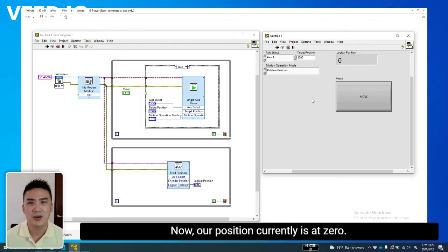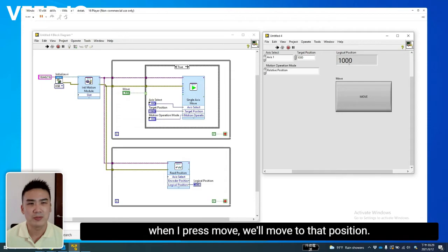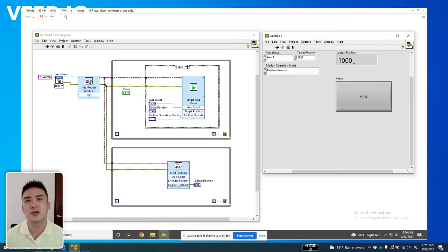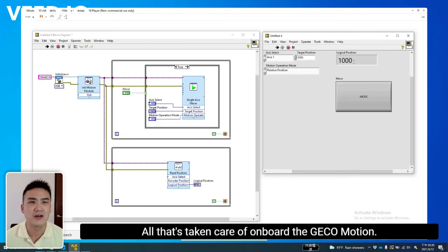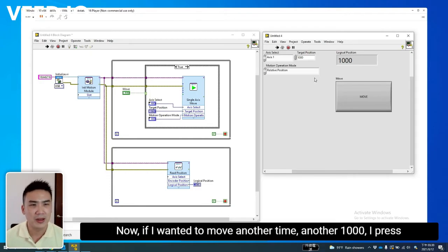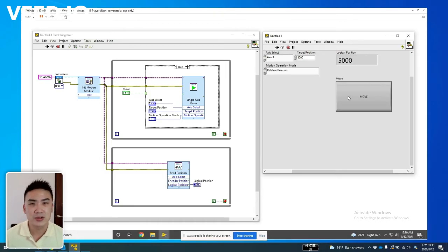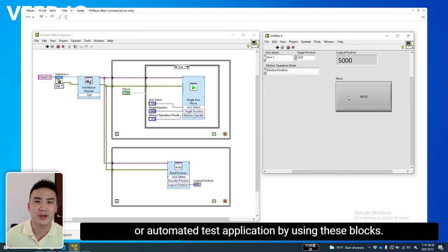All right. Now, our position currently is at 0. Now, if I said, give me a relative move to the target of 1000, when I press move, we'll move to that position. So the GECO Motion takes care of the trajectory generation, the pulse generation, and the acceleration and deceleration curves. All that's taken care of on board the GECO Motion. Now, if I wanted to move another time, another 1000, I press again, I press again, I press again. So with this in mind, you can actually build your motion or automated test application by using these